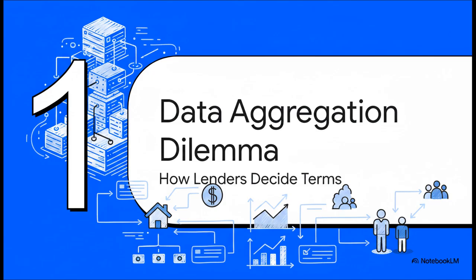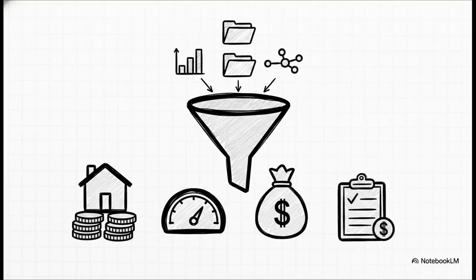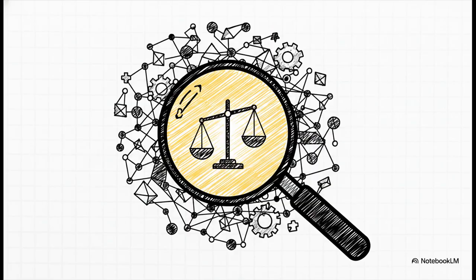How lenders decide terms. The mortgage industry provides a seriously essential public good, which is home ownership at scale. But to achieve that massive scale, lenders absolutely have to rely on aggregating data. This data dictates everything. It decides the exact loan size you qualify for, your specific interest rates, your upfront discount points, and all those other fees. Every single one of these variables is basically spat out by a giant data funnel. Which brings us to a crucial point.